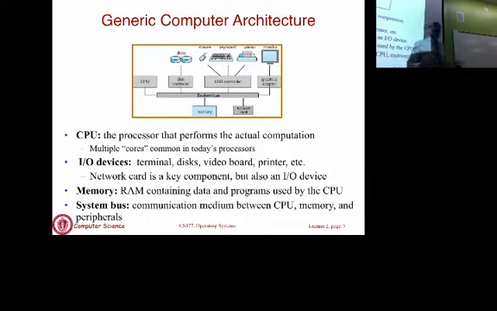And I/O devices you probably have dealt with in various shapes and forms. Everything that connects to your machine is typically an I/O device. There are I/O devices inside the machine as well. A printer is an I/O device, a monitor is an I/O device, any USB thing you plug into your machine is an I/O device of sorts, and so on. Keyboard, mice, I/O devices. A network card, which typically is inside the machine, is also an I/O device.